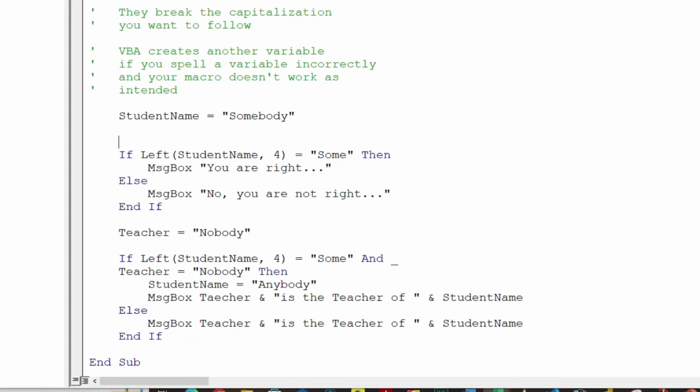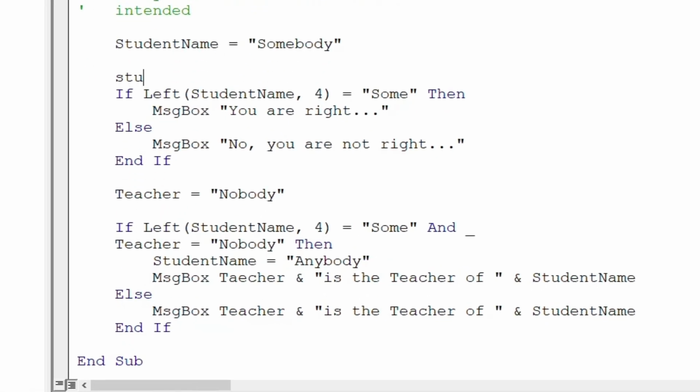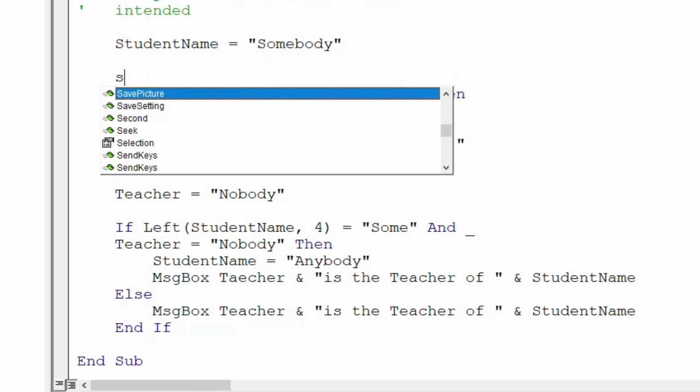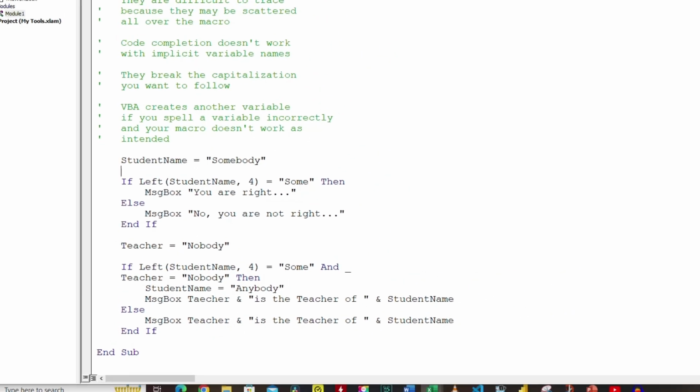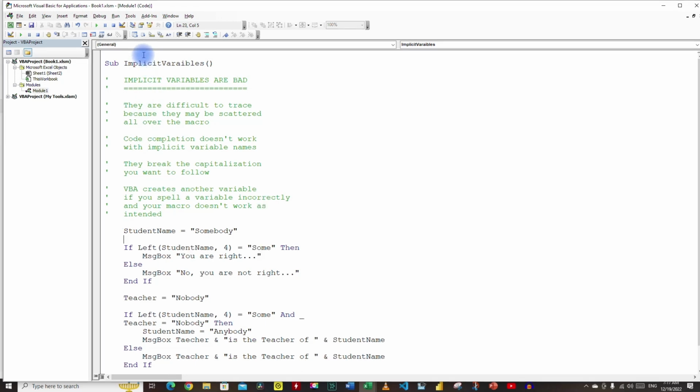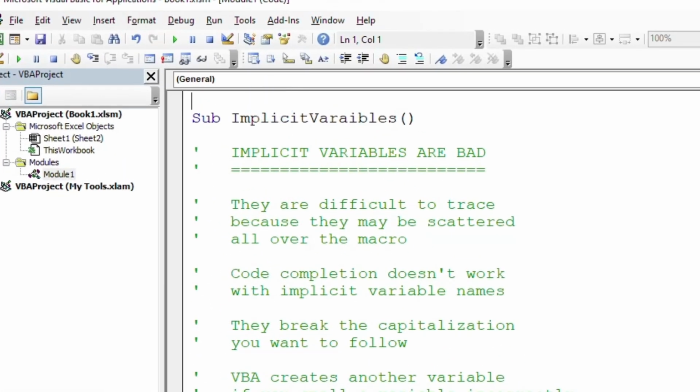The third issue is if we try to type a few characters of the variable and press Ctrl+Spacebar, it should show me the name of the variable here. If it was declared properly, it would have shown here, but in this case, since the variable is declared implicitly, it doesn't show me the name of the variable in this list. So is there a solution to all these problems? Well, there is. The first solution is Option Explicit,